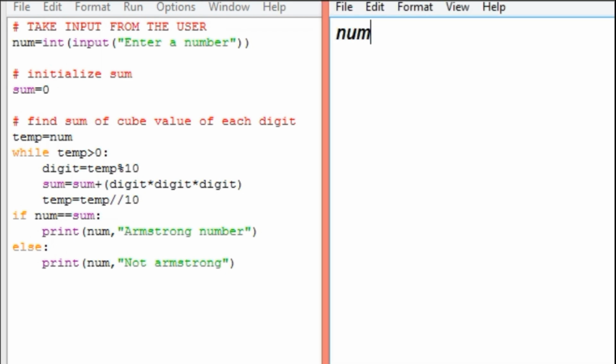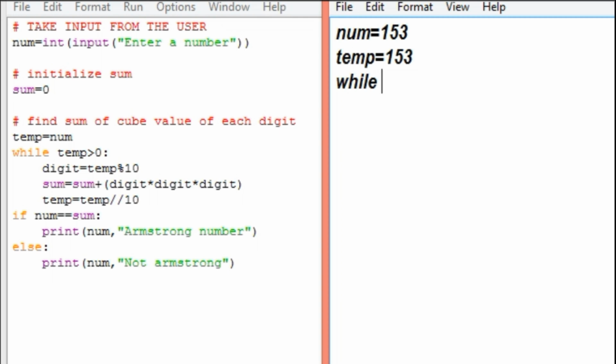Let us assume that the given number by the user is 153. The num variable is stored with the value 153, and temp is assigned the variable num, so temp is also stored with the same value 153. Now it enters the while statement and checks whether the value in temp is greater than 0 or not.